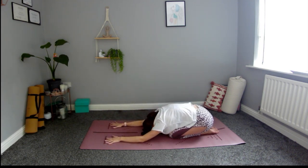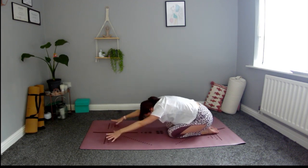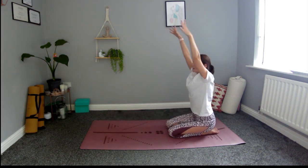mat. As soon as the forehead kisses the mat, you're going to inhale, lift the arms and the head, the torso back up, and then as you exhale, you're going to cactus the arms back, squeezing the shoulder blades, lifting the chest. So that's the little flow. It's really nice and it's a really good way to sync your breath, get used to syncing your breath with